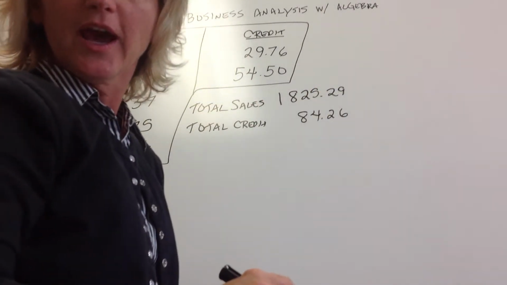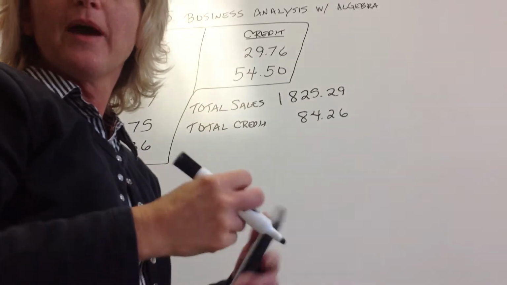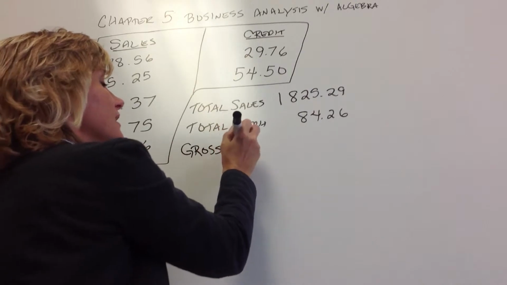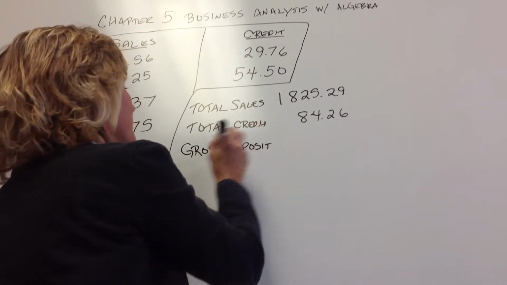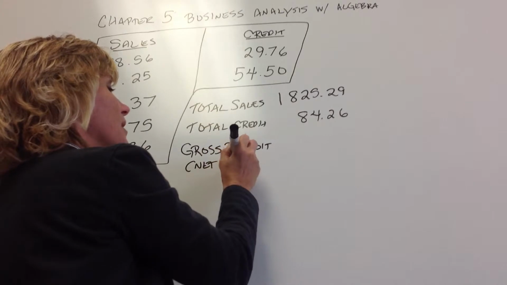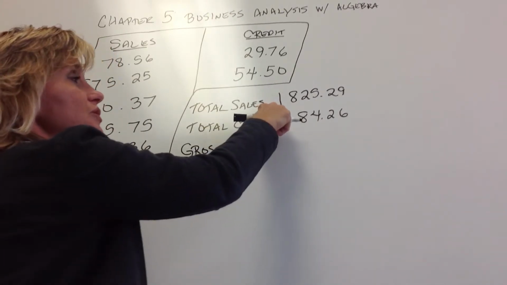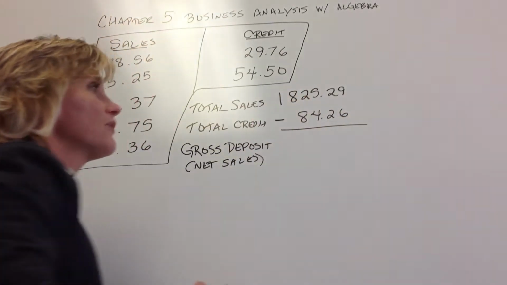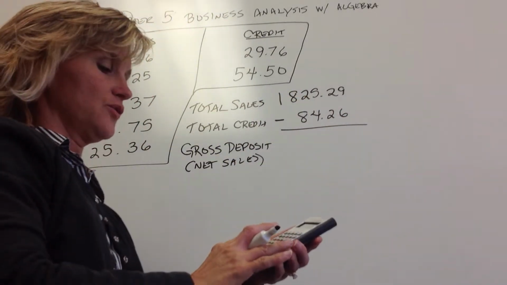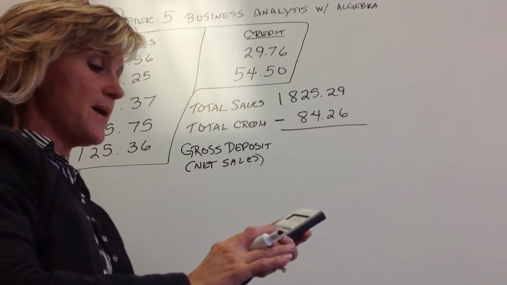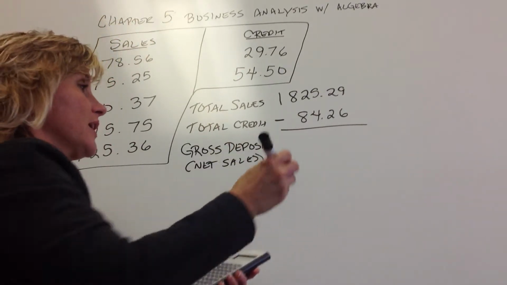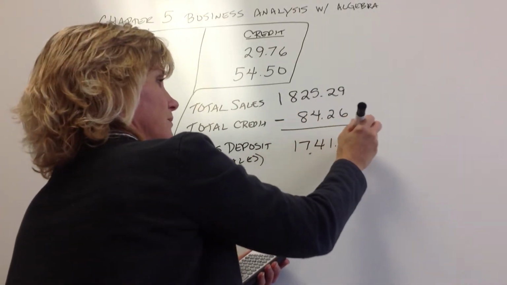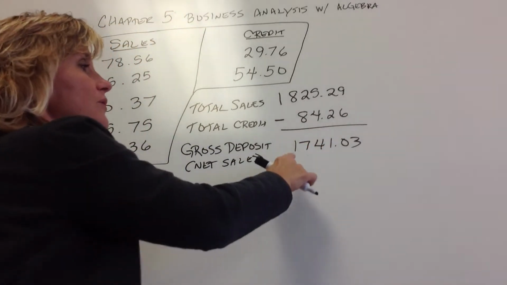And then it's also going to ask you then for the amount of the gross deposit, is what the book calls it. I kind of like to think of it as net sales. The book doesn't call it that, but to me that makes a little bit more sense because it's your sales less your credits. So then don't forget that that's what you're doing. You're subtracting out those credits. So $1,825.29 minus the credits. Again, it's people who've returned items. So our sales less our returns are